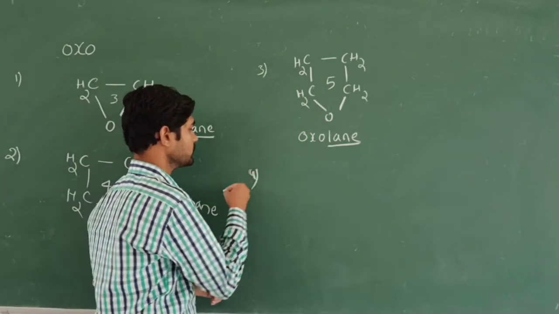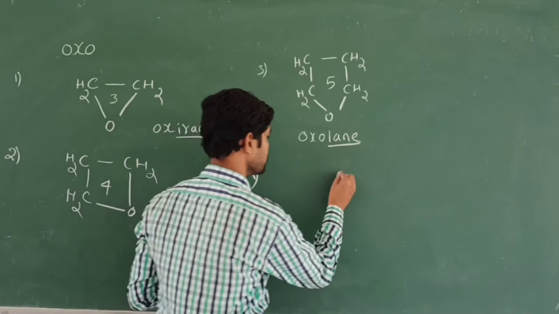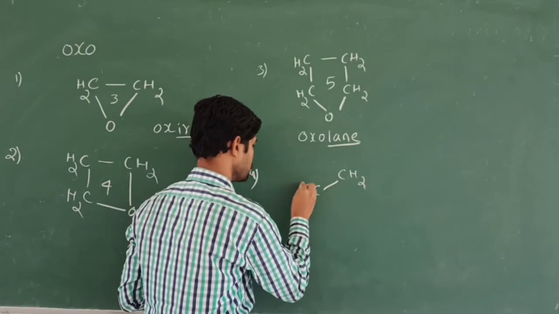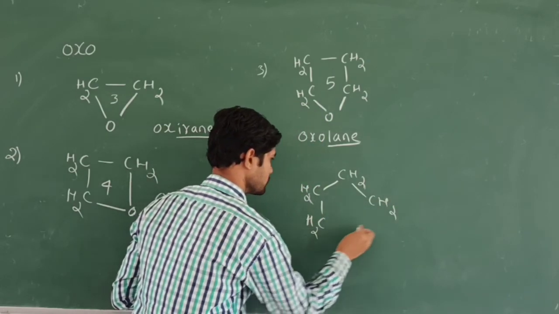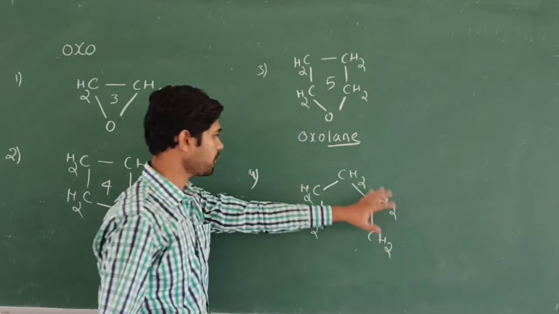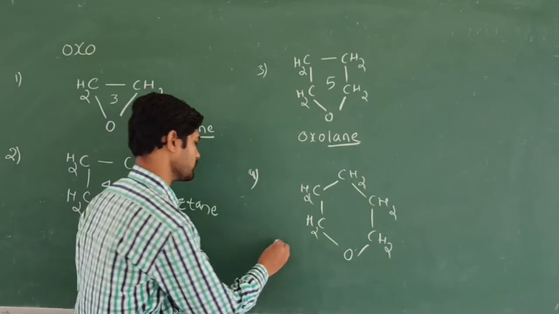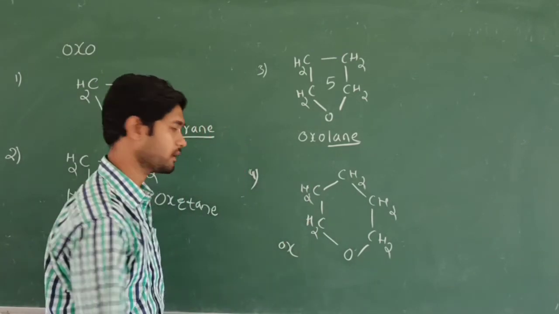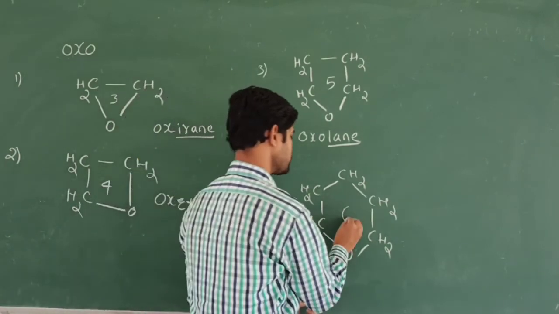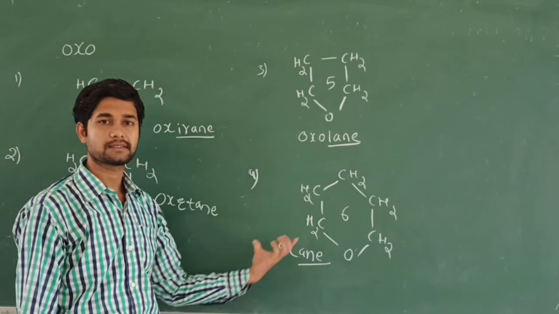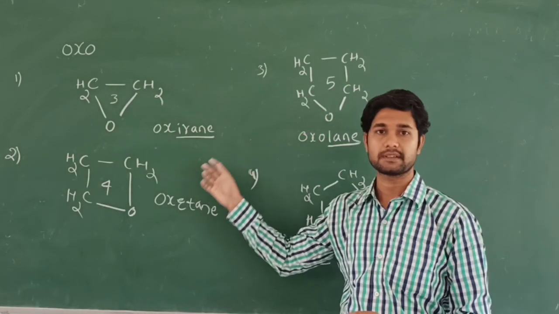When you look at the last one, it is a cyclic compound with a six-membered ring. So you should write it like a benzene ring only. CH2, so here the five carbon atoms are going to link with this oxygen. It looks like a benzene ring. So we should write the name as oxane. Its suffix a depends upon this six-membered ring. We are going to call it oxane. Its name is called oxane. So like this, we are going to discuss the cyclic ether compounds in the nomenclature system.